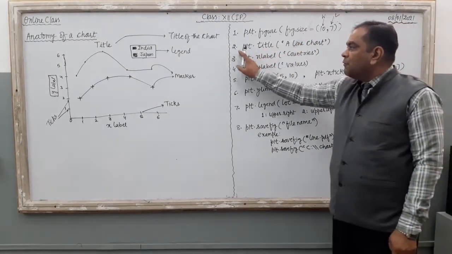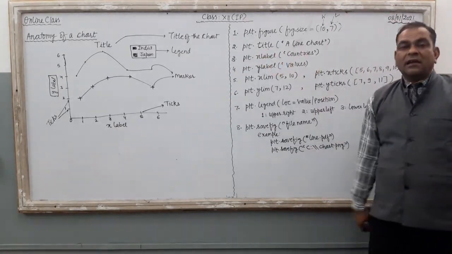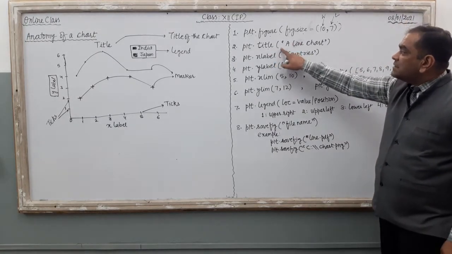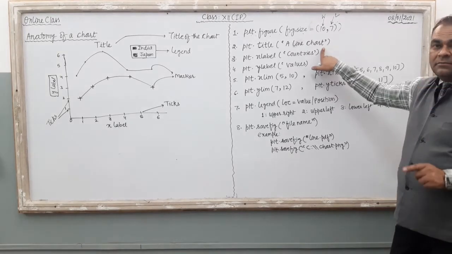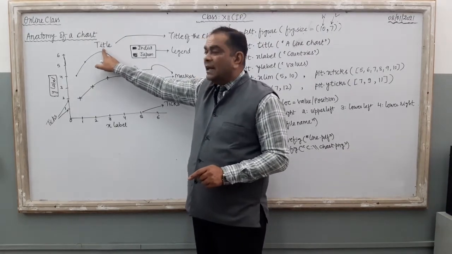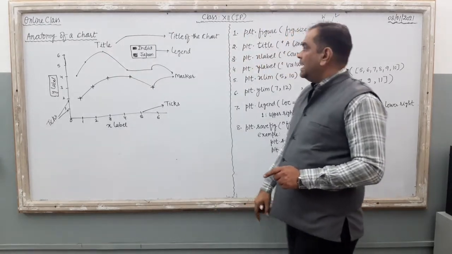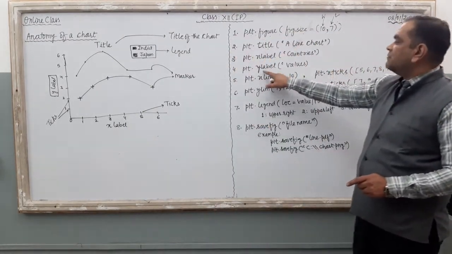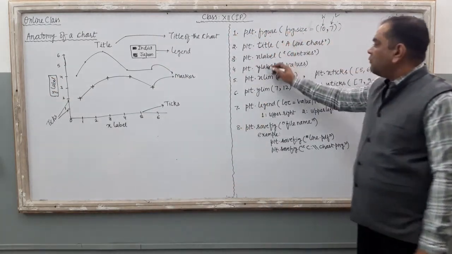Now the second point, if you want to give a specific title to your chart, the title function is available. We used this function many times in the previous video lecture. Inside the small brackets you supply the name of your chart, so that when you execute this function, the name will be placed at the top center of the chart. Then xlabel supplies the x-axis name, and ylabel supplies the y-axis name. Done. So these four functions are there.